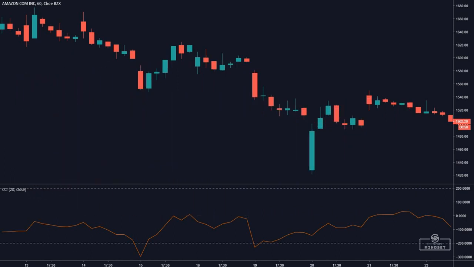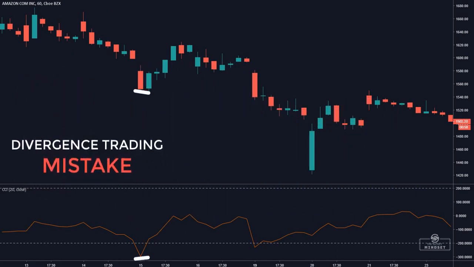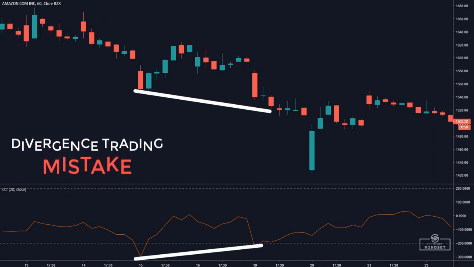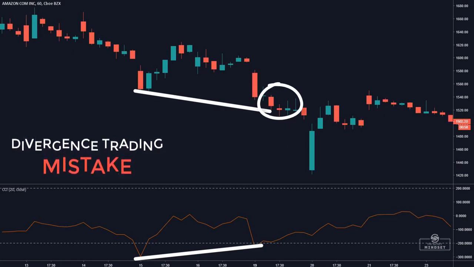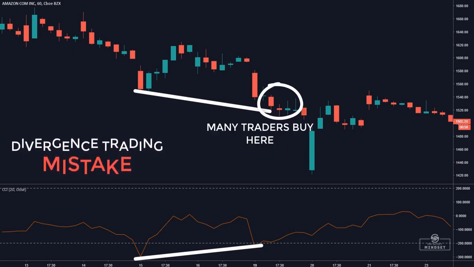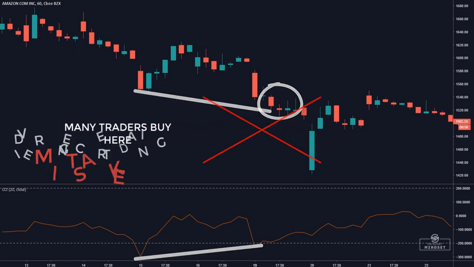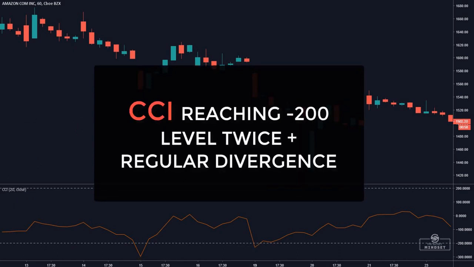Most novice traders search for CCI divergences on the charts and automatically interpret this as a valid signal to enter the market. Just because a CCI divergence appears on a chart, this doesn't mean that you should automatically enter a reverse position. So we need the CCI to reach -200 or 200 level, but it also has to form a